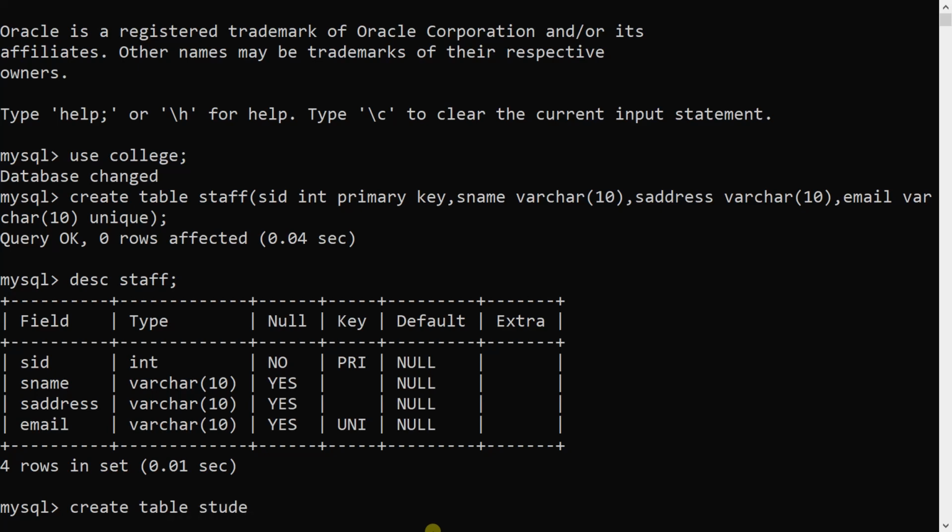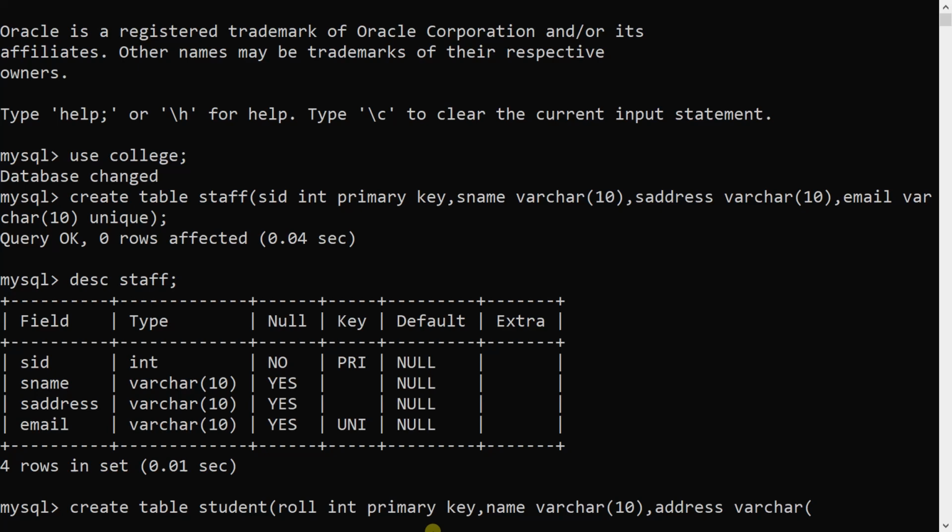Create table student, into brackets: role int primary key, name of the student varchar 10, then student address varchar 10.